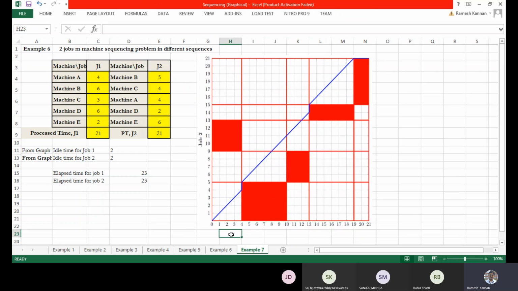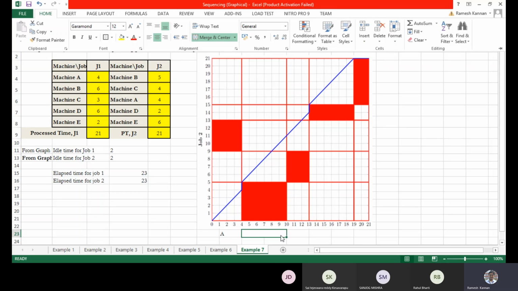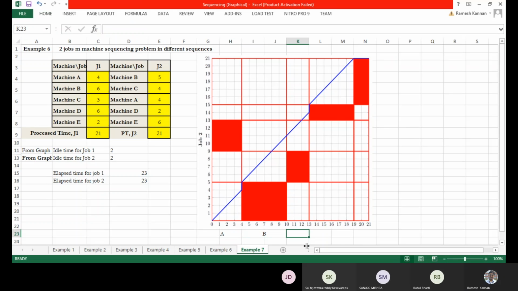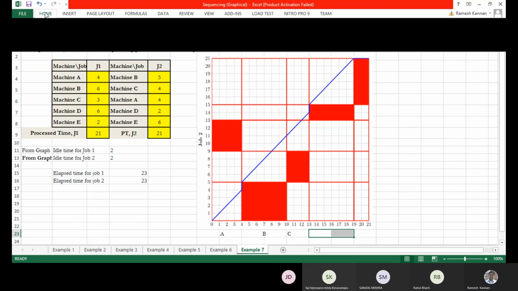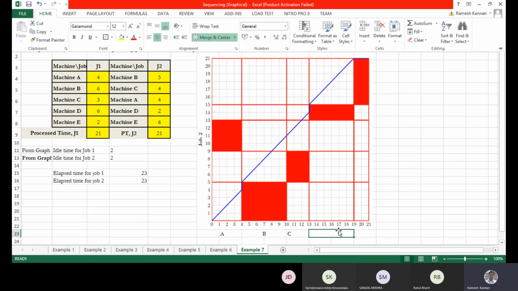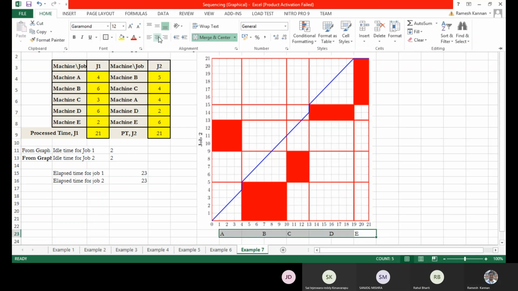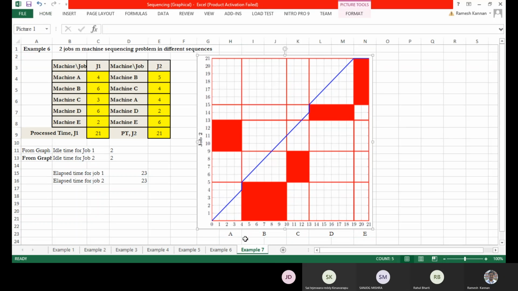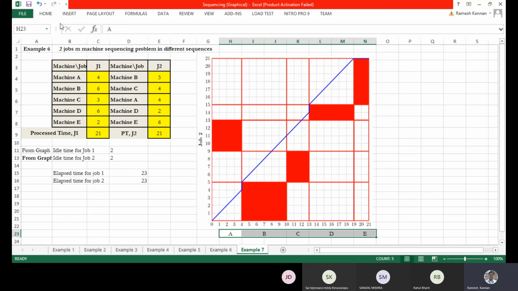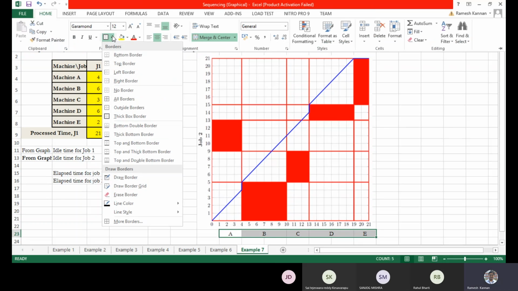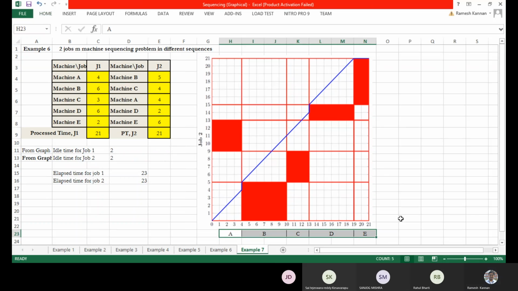And this is A, and this is B, and this is C, and this is D, and the remaining is E. Okay, so you could take a look at these cells.